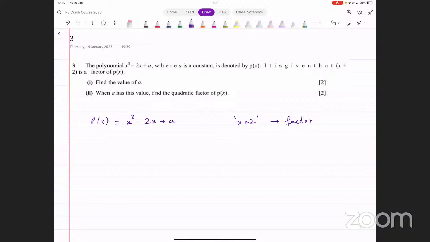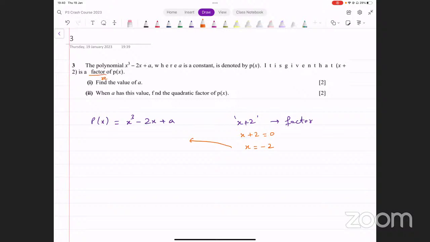We need to find the value of a using this. Now, since x plus 2 is a factor, we can use the remainder theorem, right? It's a linear factor. We can just put x plus 2 equal to 0. That gives us x equals minus 2. So if you were to input x equals minus 2 here, the remainder should be equal to 0 because it's